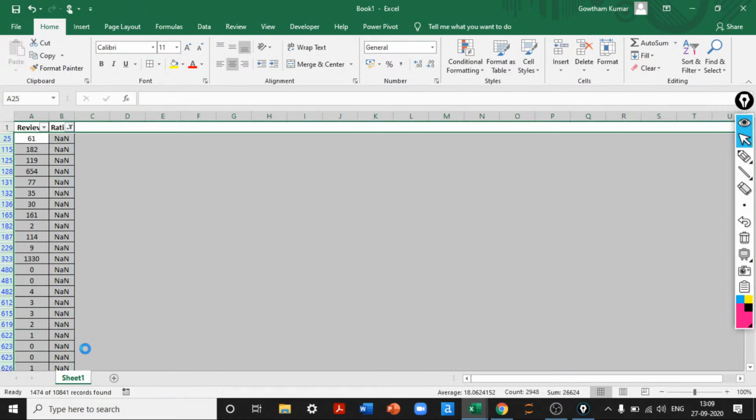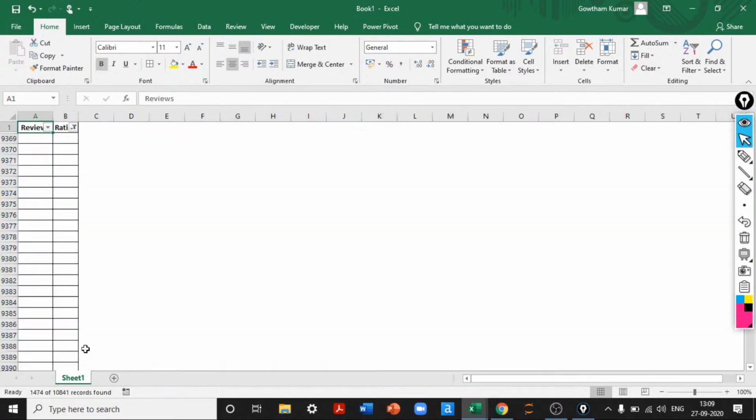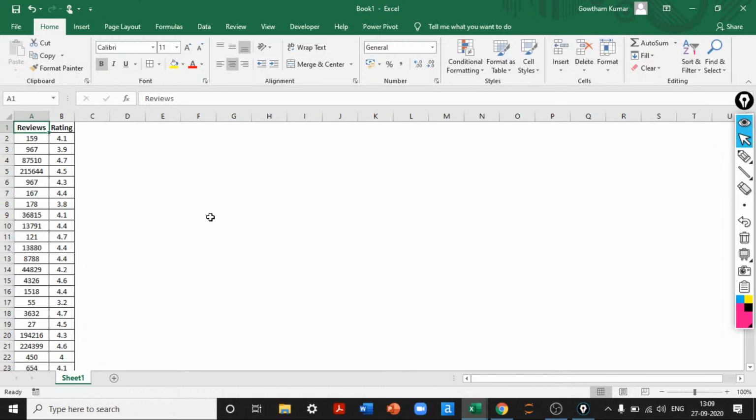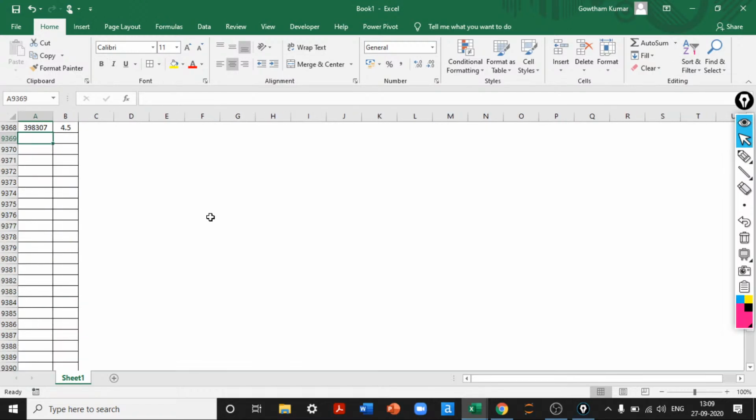We don't want any nulls to be part of the data set. That way it will confuse a lot. So I'm just removing the nulls in the data set. I'll remove the filter now. Perfect. So we have data